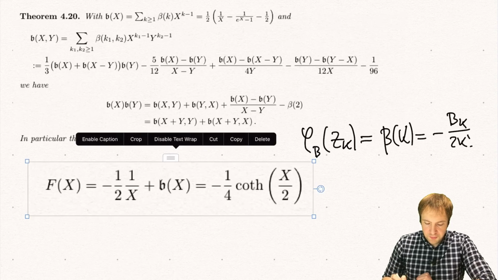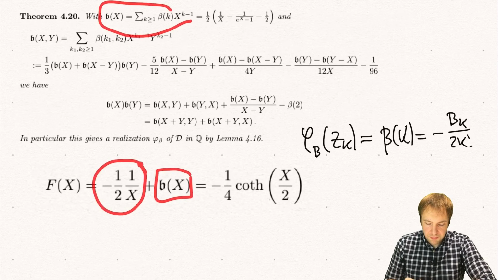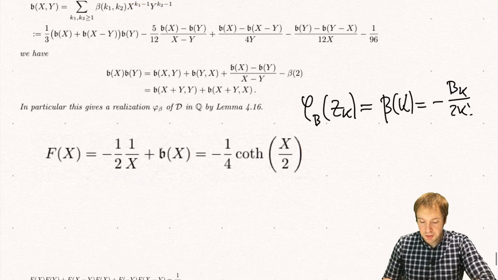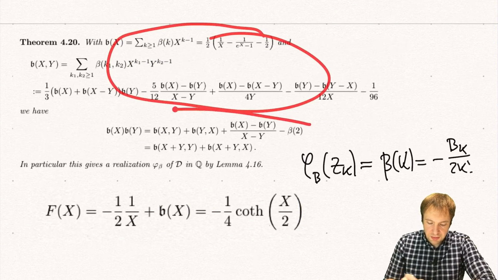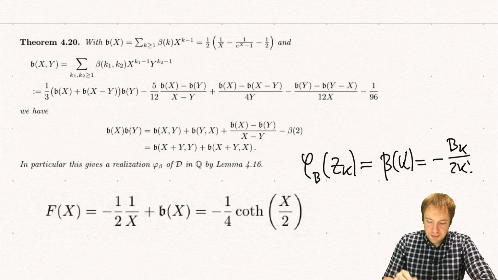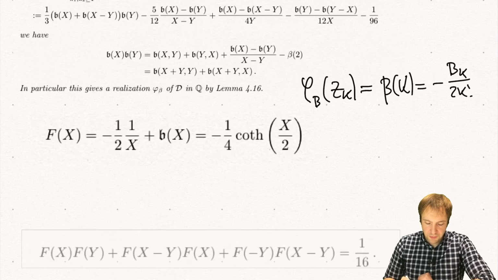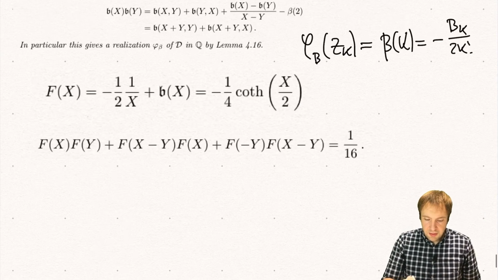So if you consider this function here, which is the beta plus some pole, so this is just given by the hyperbolic cotangent, and the reason why this construction gives this formula is that this cotangent satisfies the following property, which is sometimes called the Fay identity,